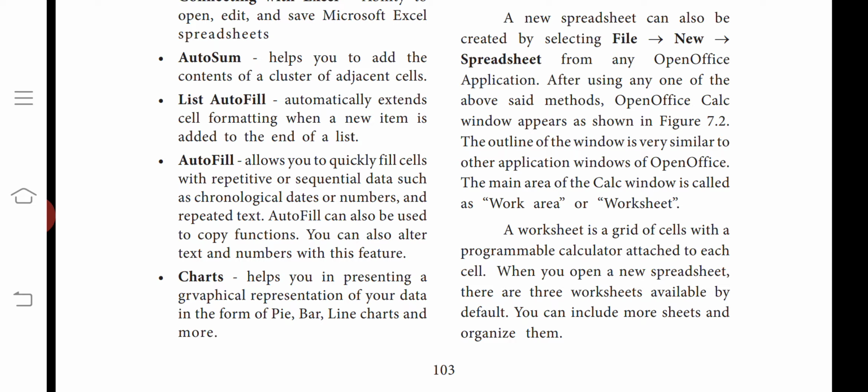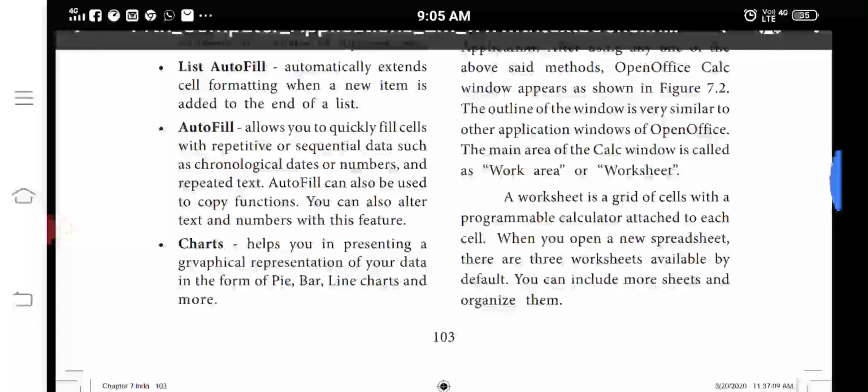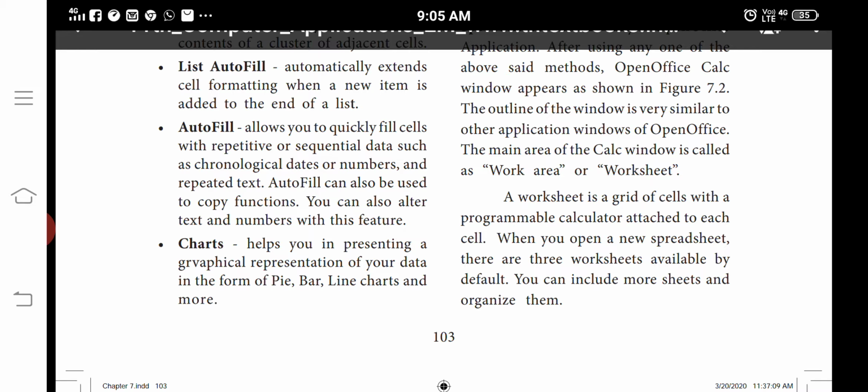Autofill allows you to quickly fill cells with repetitive or sequential data, such as chronological data or numbers and repeated text. Autofill can also be used to copy functions. You can also alter text and numbers with this feature.